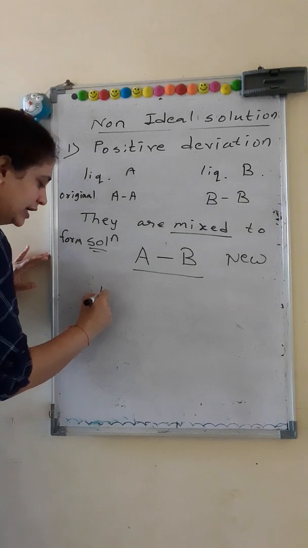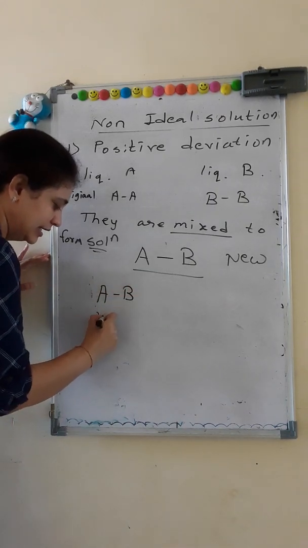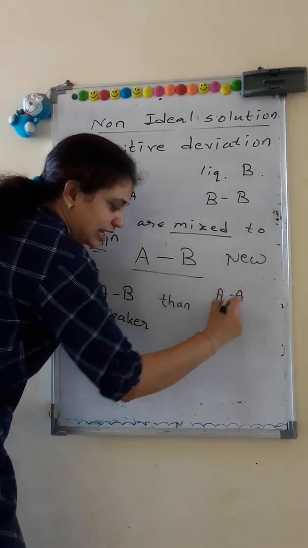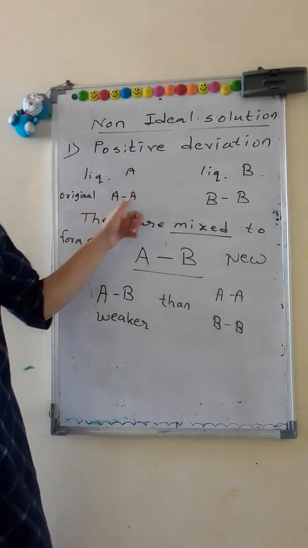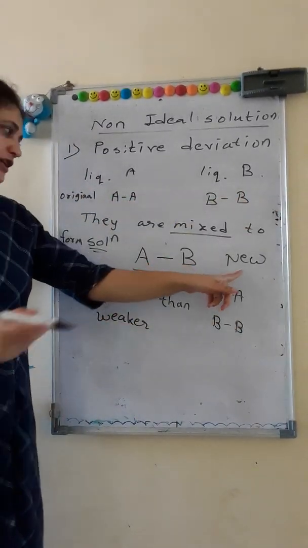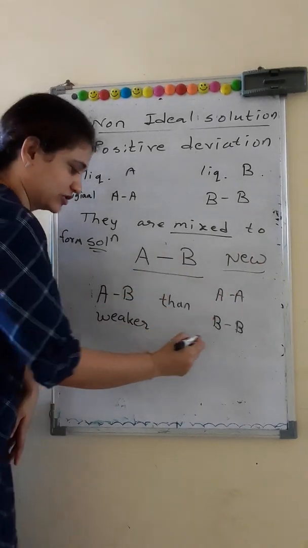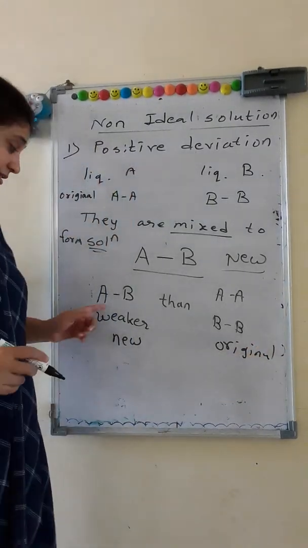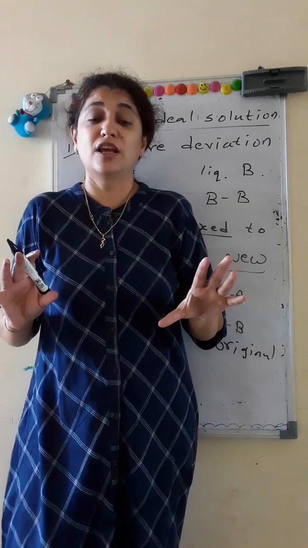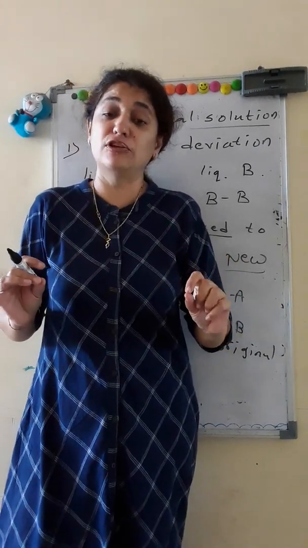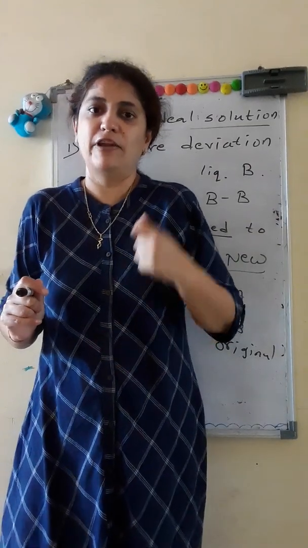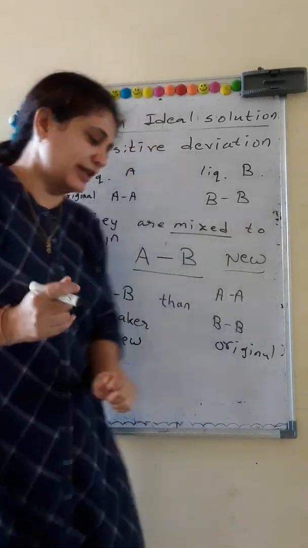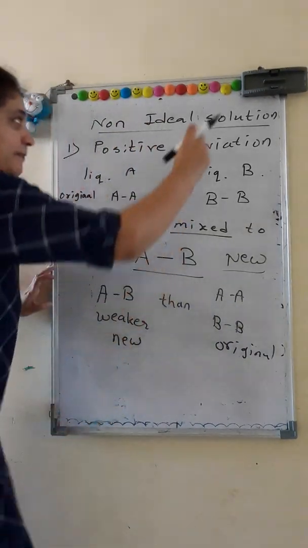Now if A dash B is weaker than either A dash A or B dash B, means the original set of attraction, if the new set of attraction is weaker than the original set of attraction, then since A and B attraction is less, more of the liquid when they are forming a solution will pass into the vapor phase. When more of the liquid passes into the vapor phase, composition in the vapor phase increases. Thus, as we have seen in the graph,